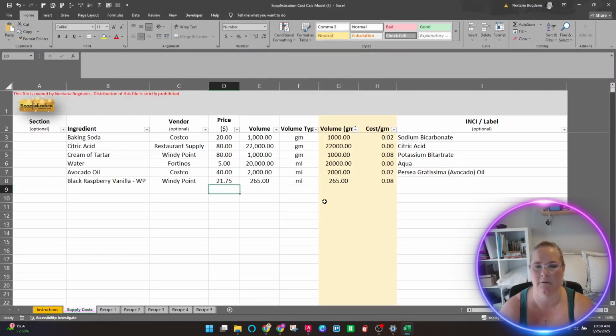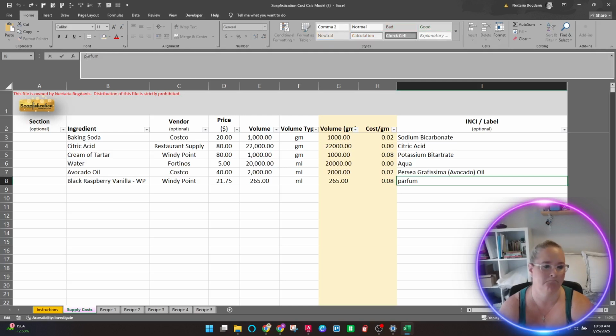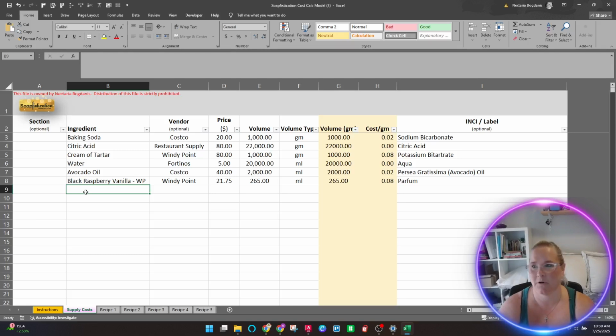I'm not going to factor tax in right now. And I know the INCI for that is parfum. Every fragrance INCI is parfum, unless it's, what's the word? An essential oil.